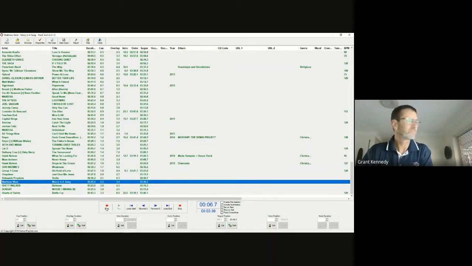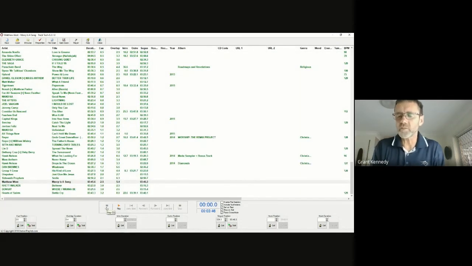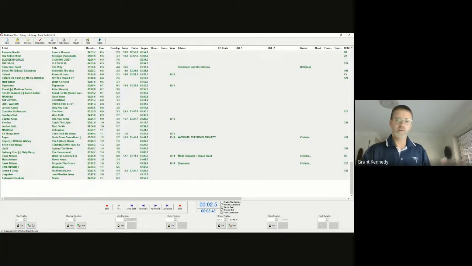Mercy is a song. You probably couldn't even hear it, but there was a drone keyboard going in there. But as far as radio is concerned, you really wanted to start with that. Mercy is a song. So